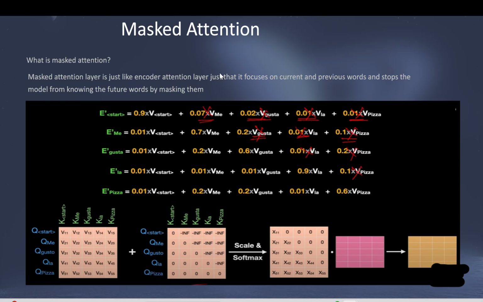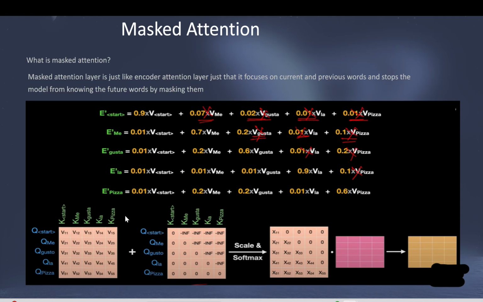This diagram is representing the training part, okay? Because how else would it know the future words anyhow. But in the case of training, we know that in the transformer, even in the decoder part, we send all the words in parallel. So how to avoid that is basically